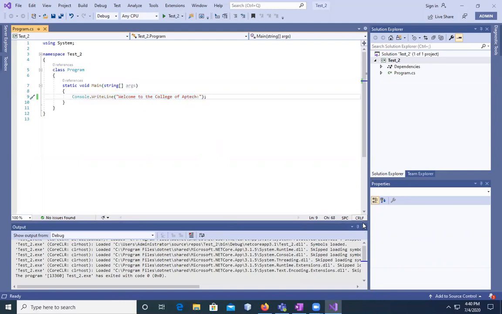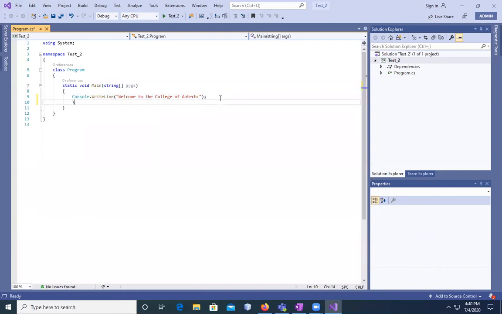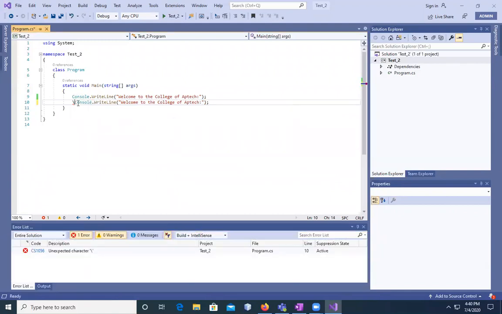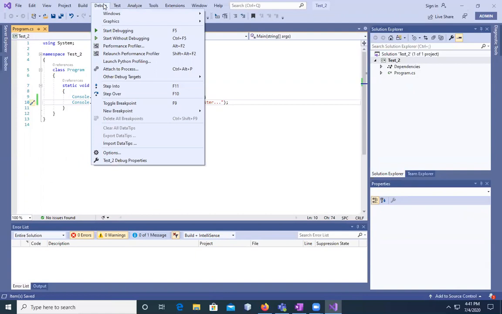And if you have to write, this is one more thing like I did in the example. You'll close it. I will just copy and paste it again. There's an error because, so I can say, welcome to the College of AppTech. This is your year second. Please do register. Save it, and again, we will go here and run it, or you can say debug is here, start debugging,